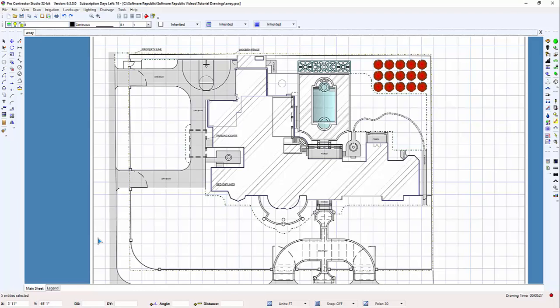The polar array command will duplicate the selected object in a circular pattern. If you select multiple objects, the objects will be treated as one item to be copied and arrayed. In this example, I'll demonstrate how to place a plant symbol in a circular array in the front yard of